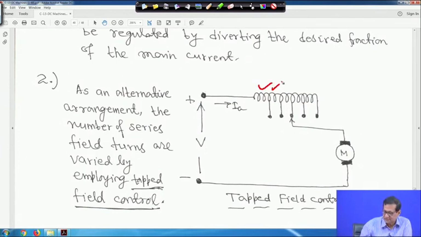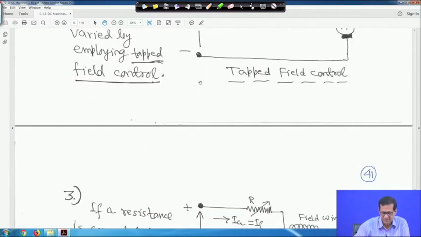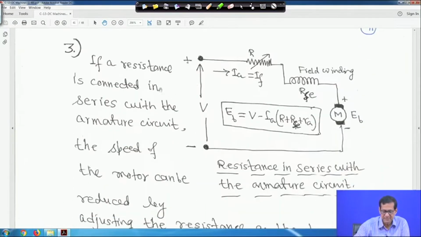So this way also, this is called tap field control. This way also you can control the speed of the series motor. The detailed mathematics and other things we are keeping at the first year level. Now, number 3 is that if a resistance is connected in series with the armature circuit,